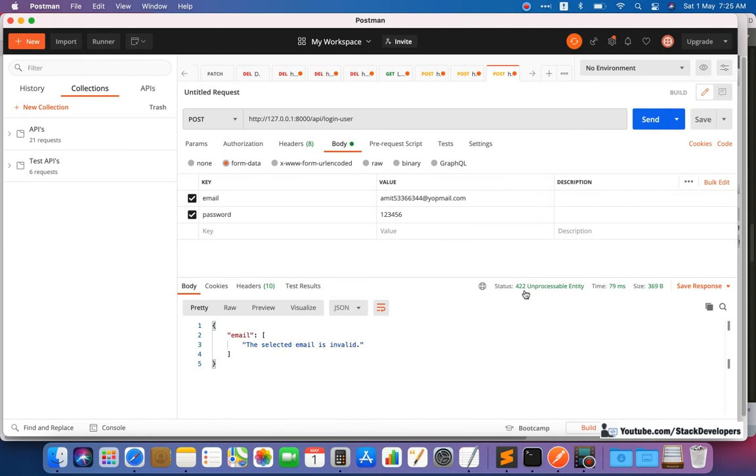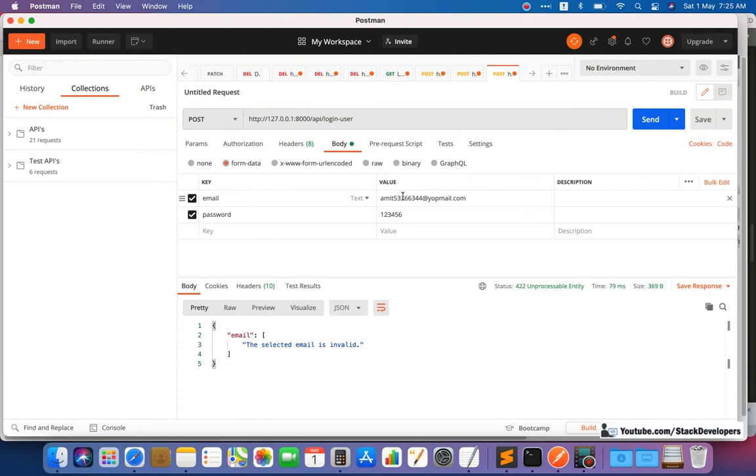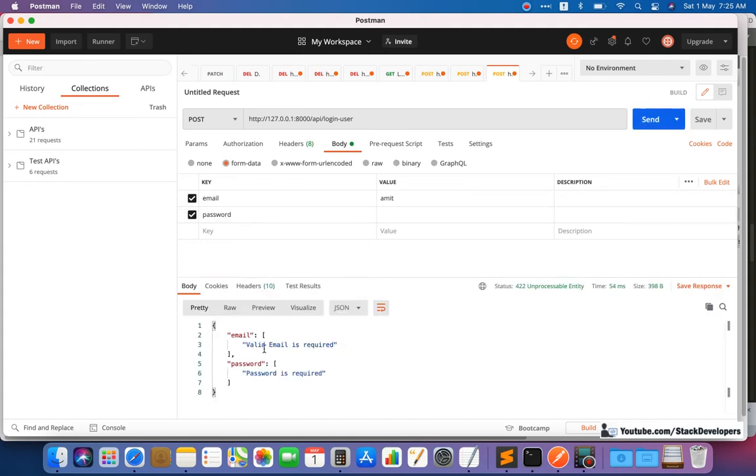We are passing the error message with the 422 error code. Even if we do not add a valid email, or do not fill the password at all, the validation will work fine. Here you can see both email and password need to be corrected.